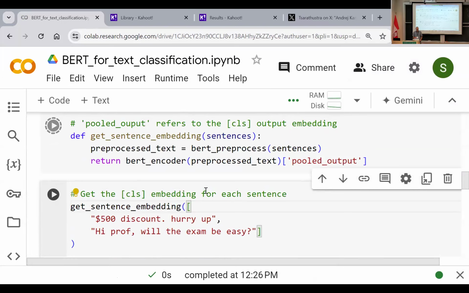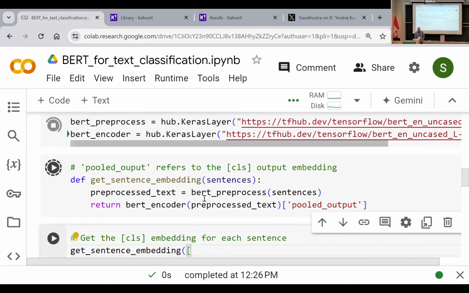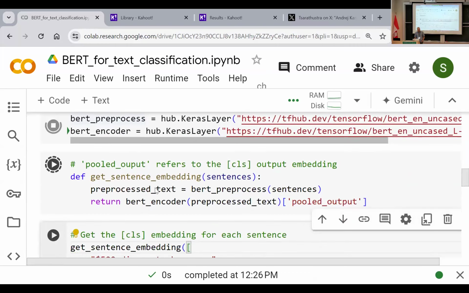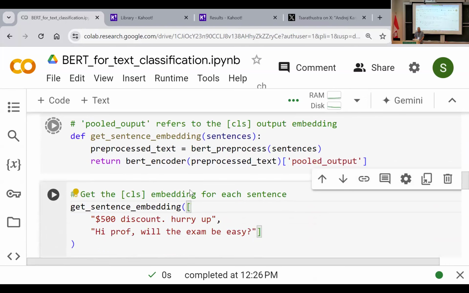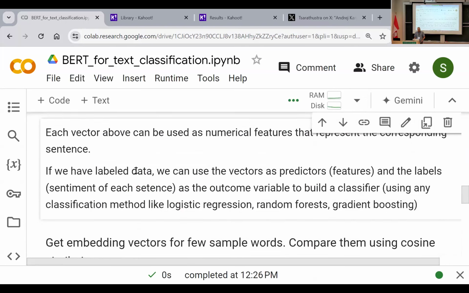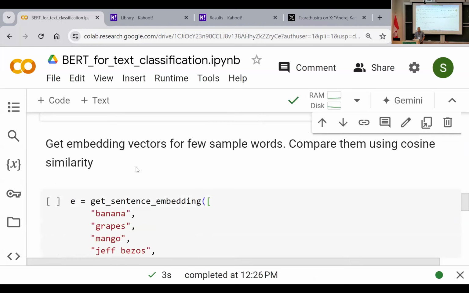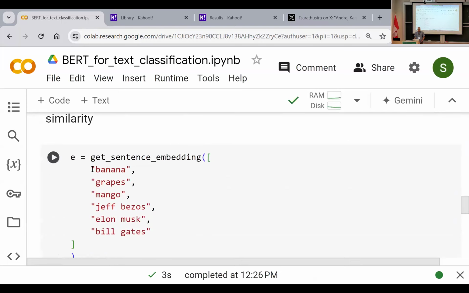So we have two different sentences, right? The first sentence is kind of spammy. The second one is just an innocent email. You can see that loading it takes a bit of time. And then we can use that function on these inputs, just to give you the idea of whether the vectors are somewhat